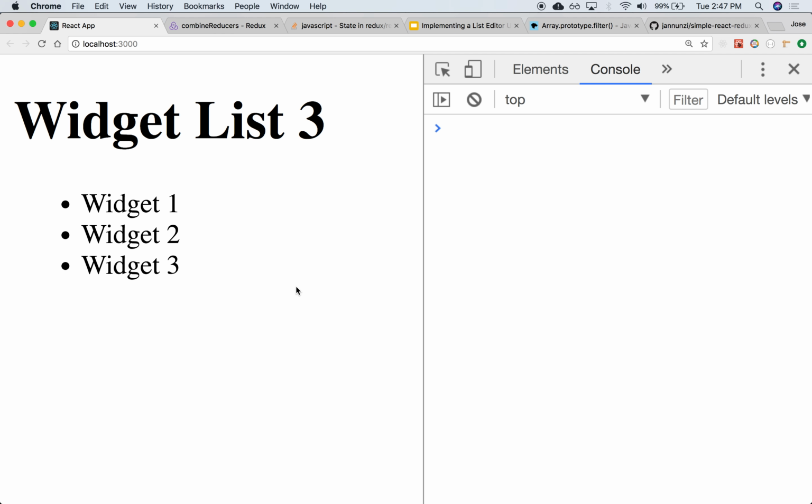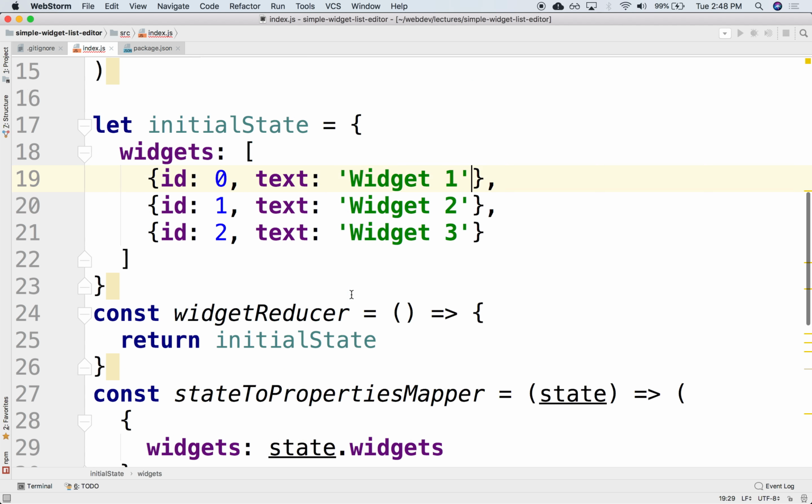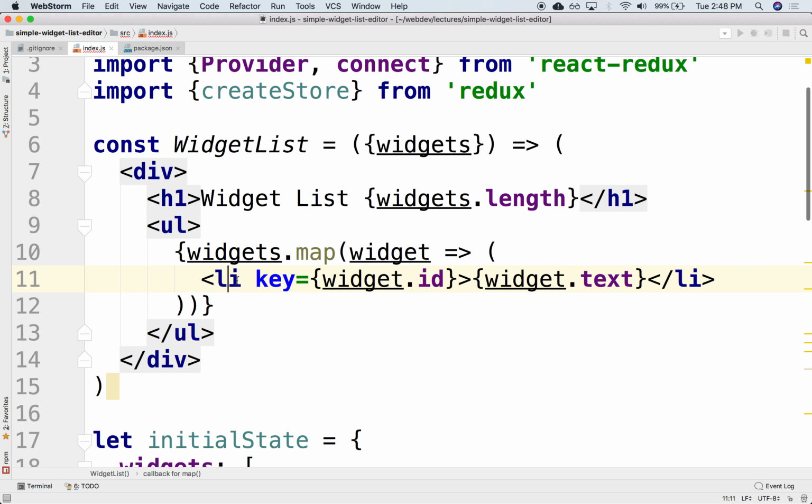We have a dynamic list of widgets that is being rendered from an initial state provided by a Redux reducer. We'd like to be able to add an additional widget, any number of widgets. Perhaps we'll add a button at the bottom. If we click on it, it adds a new widget. Before we do that, probably what we should do is that instead of having this li embedded in